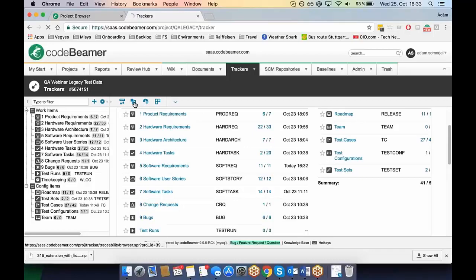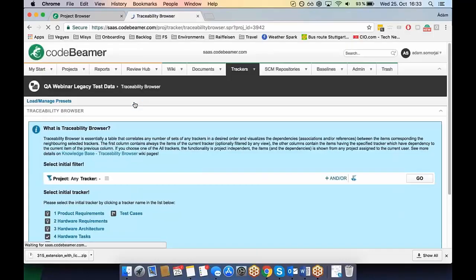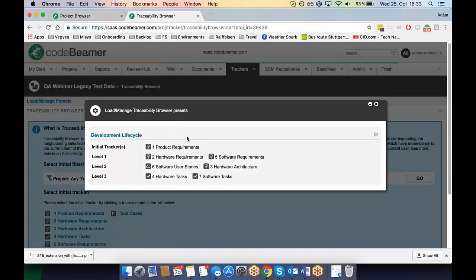So if I click on this traceability browser here, I can set manually how this browser should look like, or I can use these presets I just mentioned. And here we have this development lifecycle, which is going to show us the connection between the product requirements, the hardware and software requirements, then the user stories, architecture, down to the hardware and software tests. If I click on this,